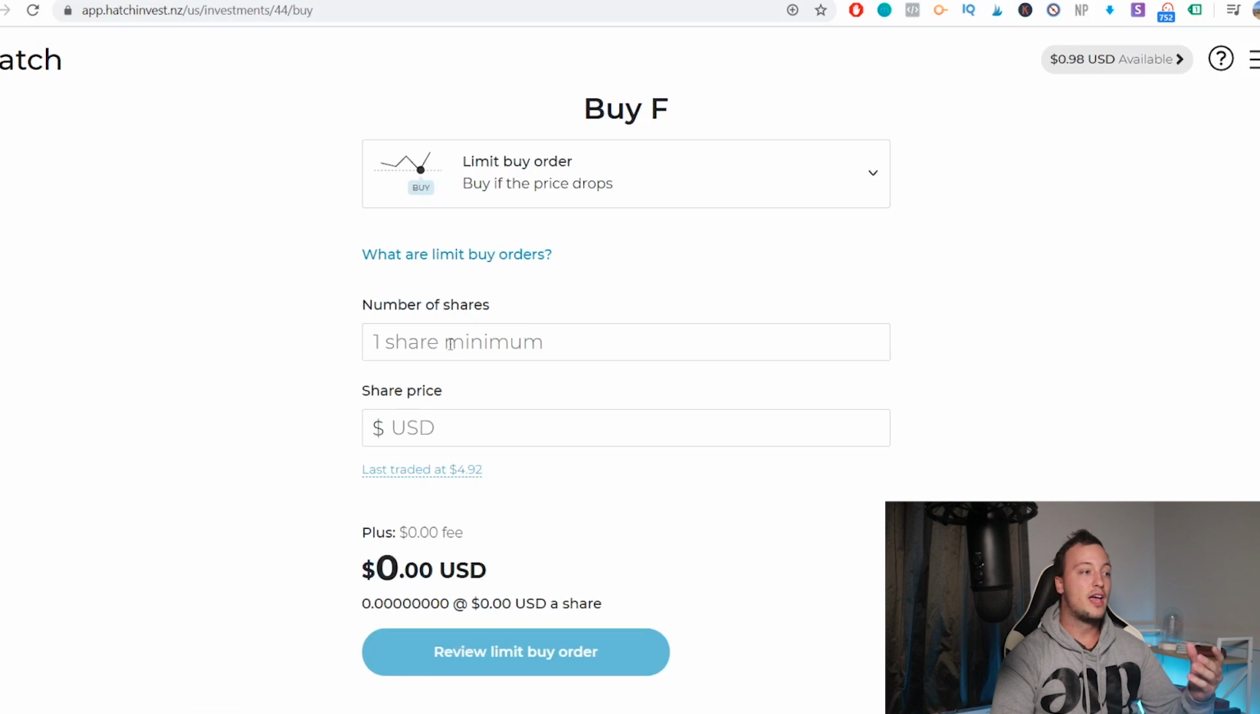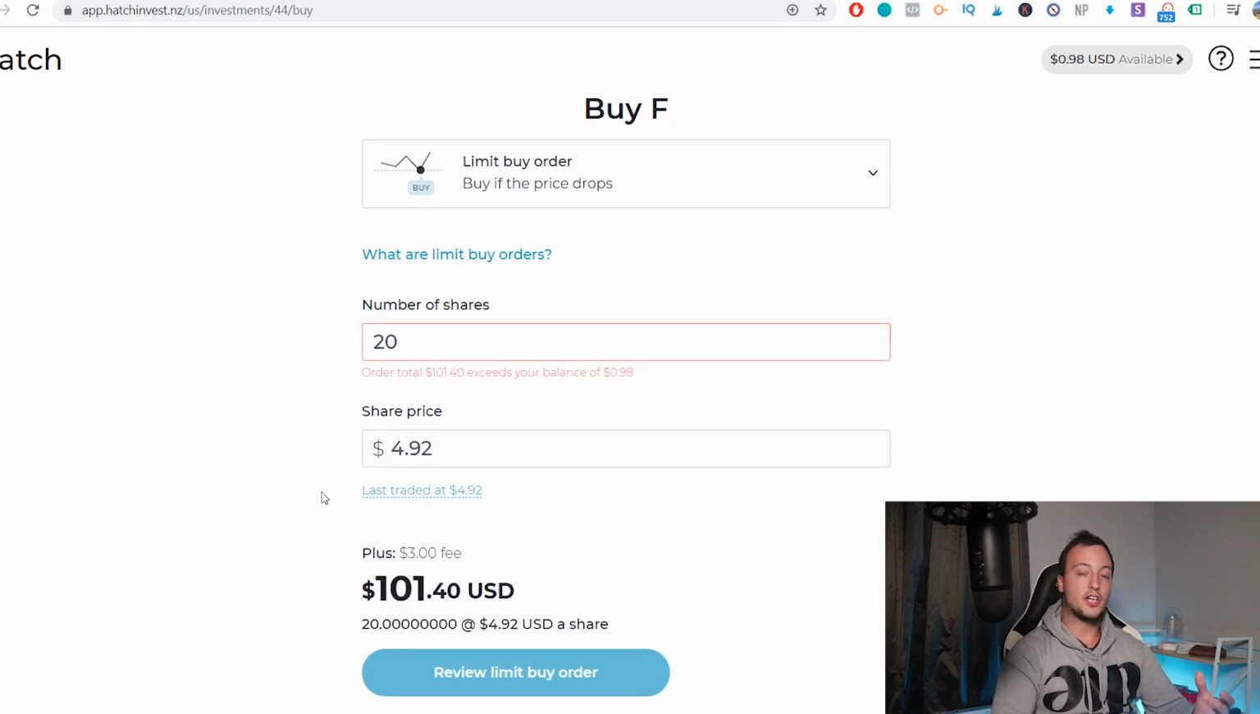So we'll click on this, and then now we want to decide how many shares we would like to buy. I'm going to use the example of the 20 shares like in the table. So if we type in 20, and then let's say we want to wait for the share price to drop down to $4.92, including the $3 fee that Hatch Invest charges between 0 and 300 shares, because we're getting 20 shares here, the total price is going to cost us